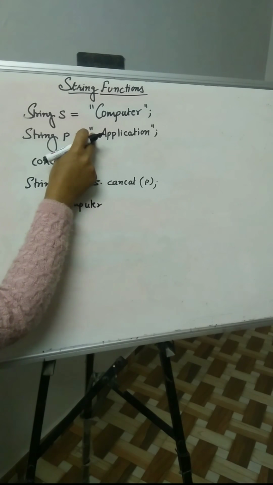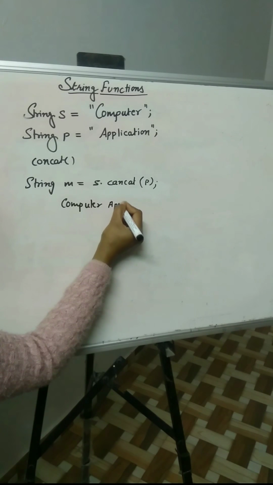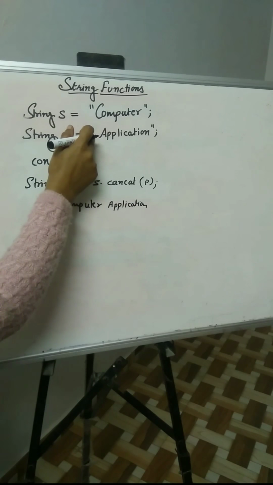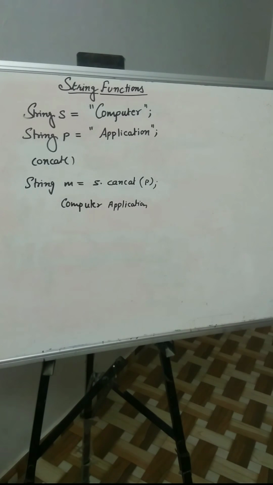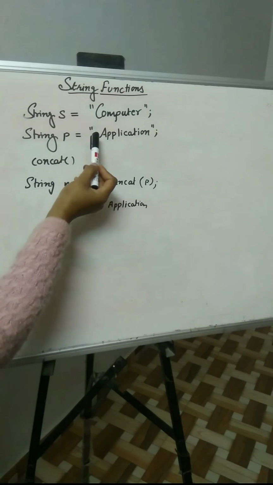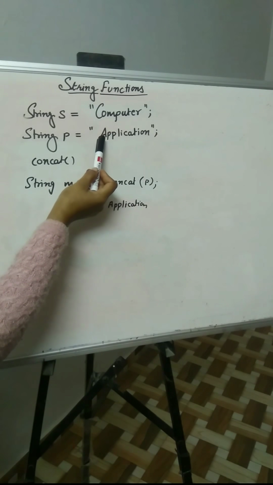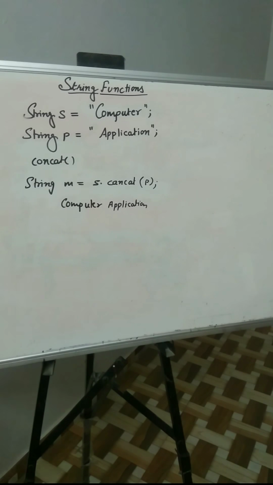Here in application we are taking a space, so it will take space here, application, like that. If we are not taking a space here, it will join the string without space. The concat function is used to concat the strings without adding space. If you are storing a space within the string, here I am storing a space before the A, so it will print the space here. Clear? That is the concat function. Next is the equals function.